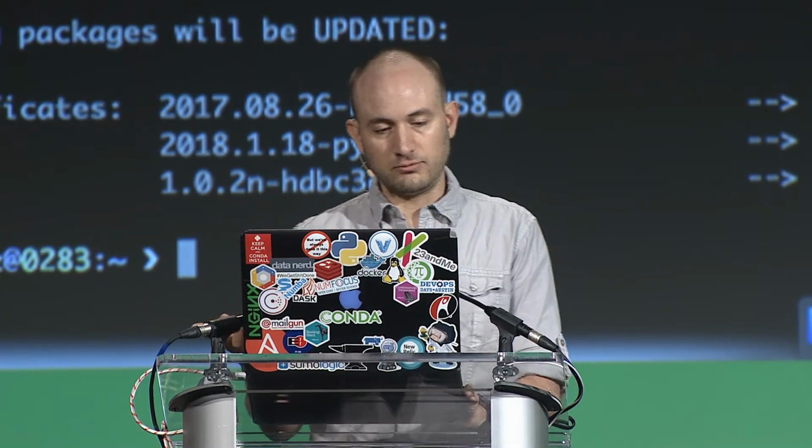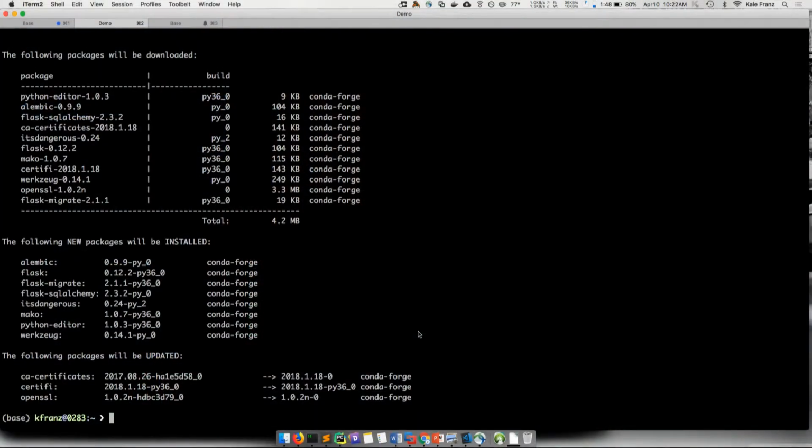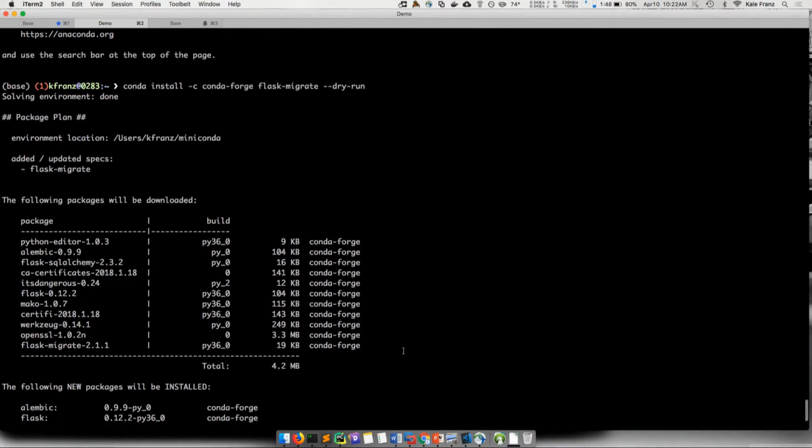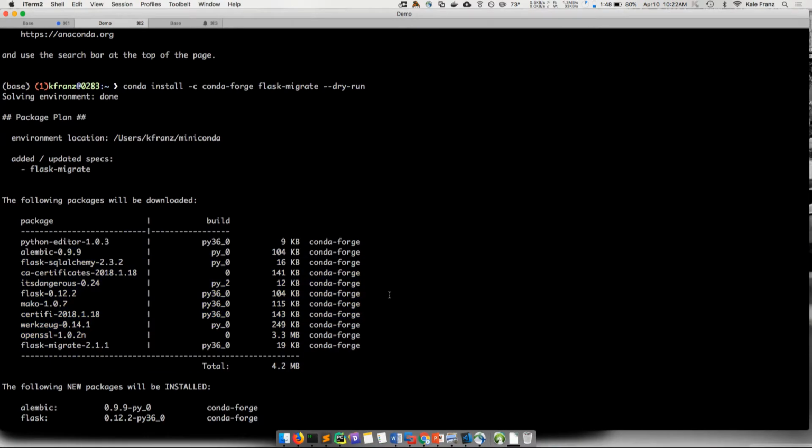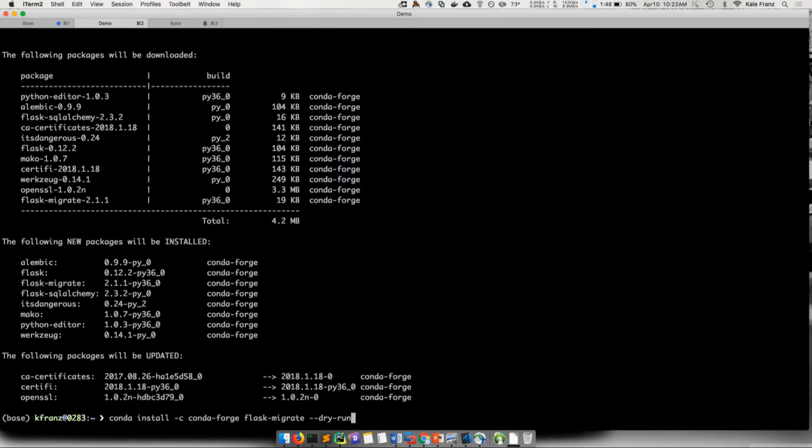I'm going to show you a couple other ways to interact with channels, actually now with Conda 4.4, that might help you sort this out a little bit. See, basically everything was defaults and everything switched over to conda-forge because when I add -c here, you can add multiple -c's, it's like putting conda-forge as a higher priority channel, and Conda, since Conda 4.0, respects channel priority by default.